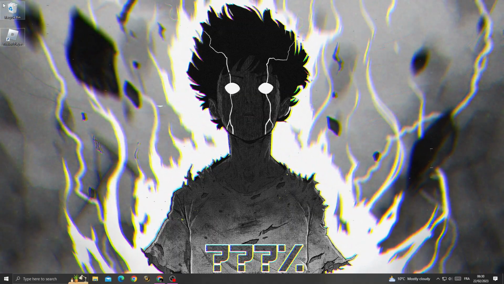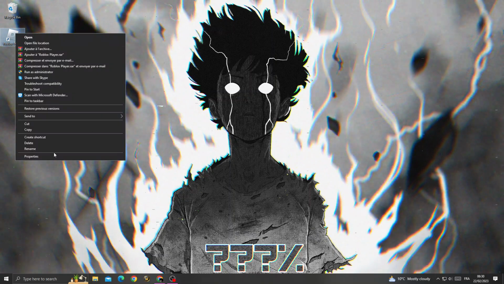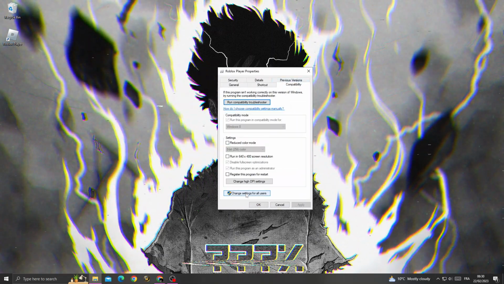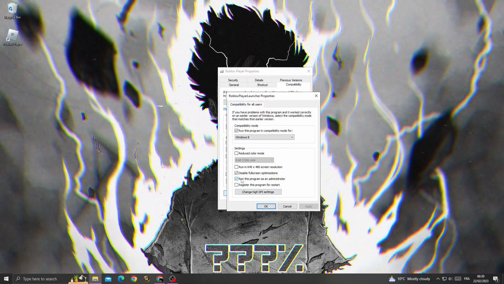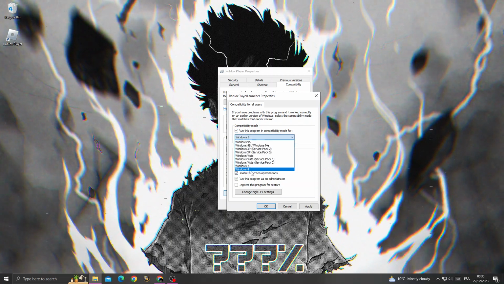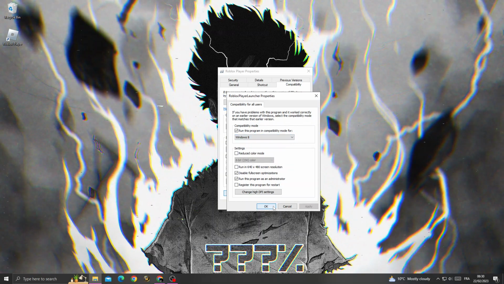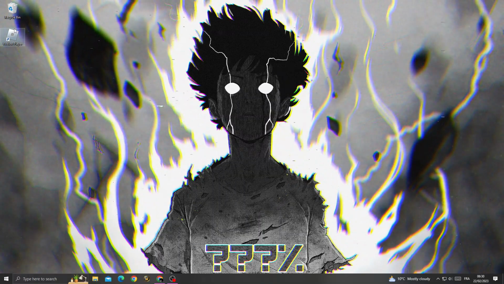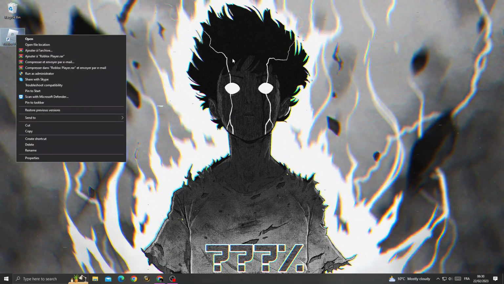First, just right click on Roblox, go to properties. After that go to compatibility and then click change settings for all users. Now you will find it like that. All you need to do is make sure to enable those two options and also the first option here, and make it Windows 8. Then click apply and OK again. Restart your PC, and after restarting your PC just try again to launch Roblox, and if that doesn't fix it,